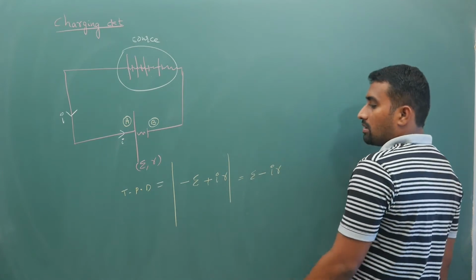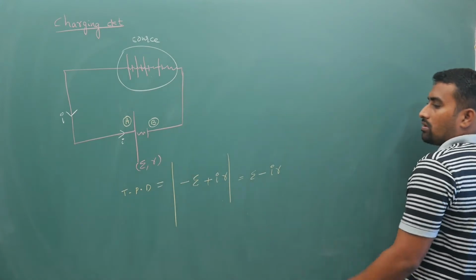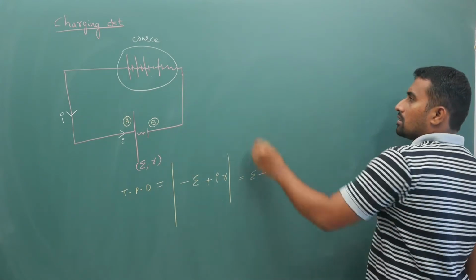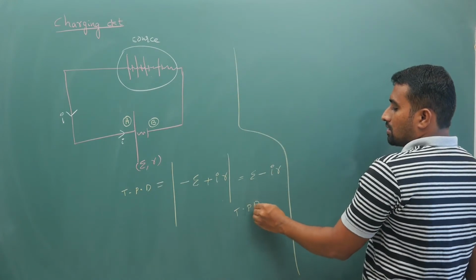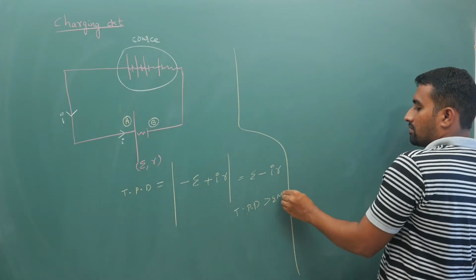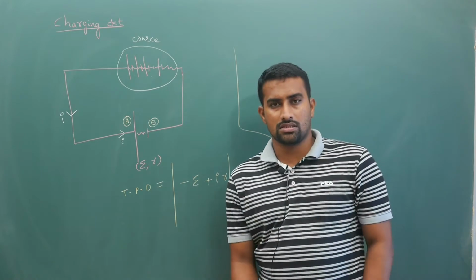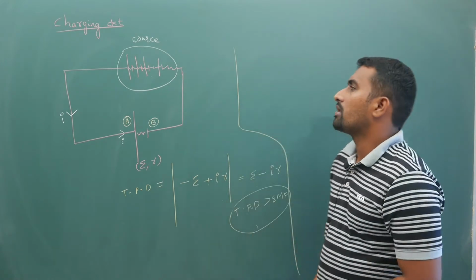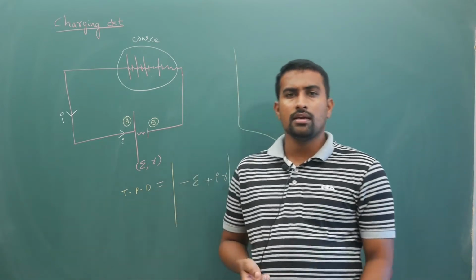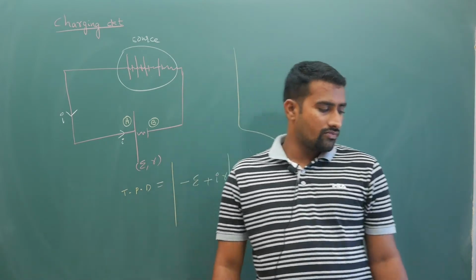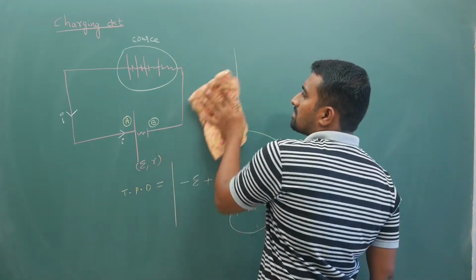I have to take the magnitude because it is a positive quantity. So the EMF E minus Ir. Here, in this case, the terminal potential difference is greater than the EMF. Hope you have understood what is meant by a charging circuit. If nothing is mentioned, almost all the time we will have only a discharging circuit. So for discharging circuits only, we are going to see the equivalent EMF, internal resistance and all.